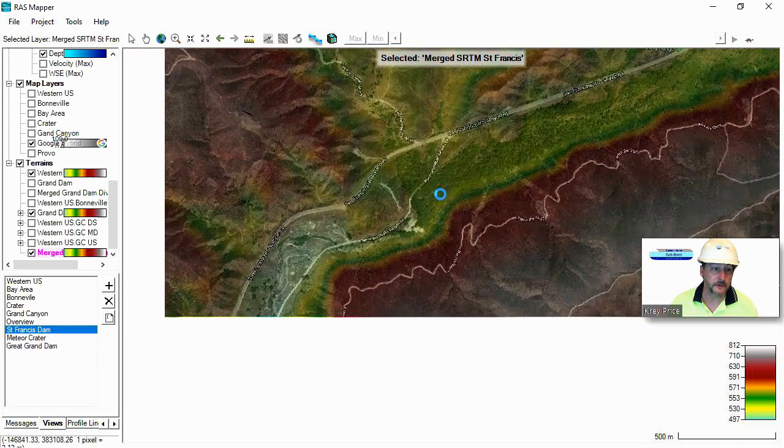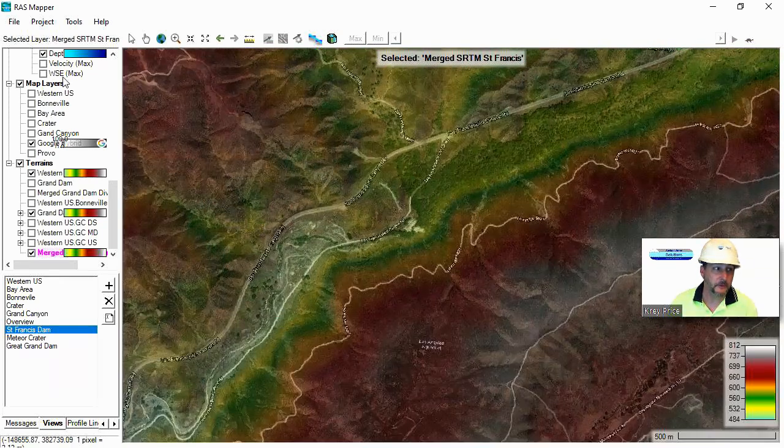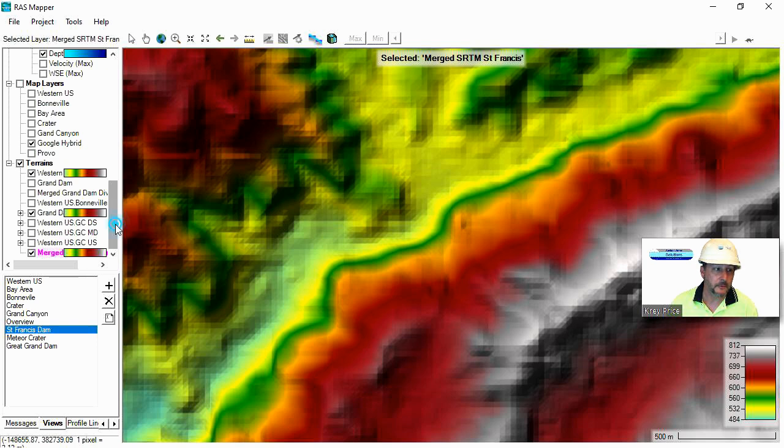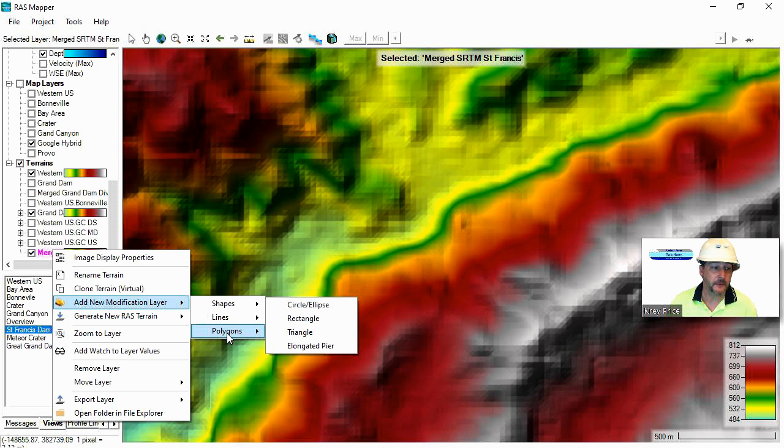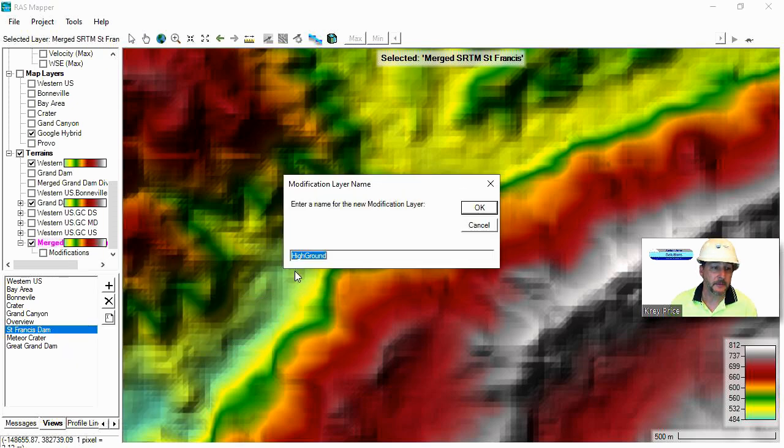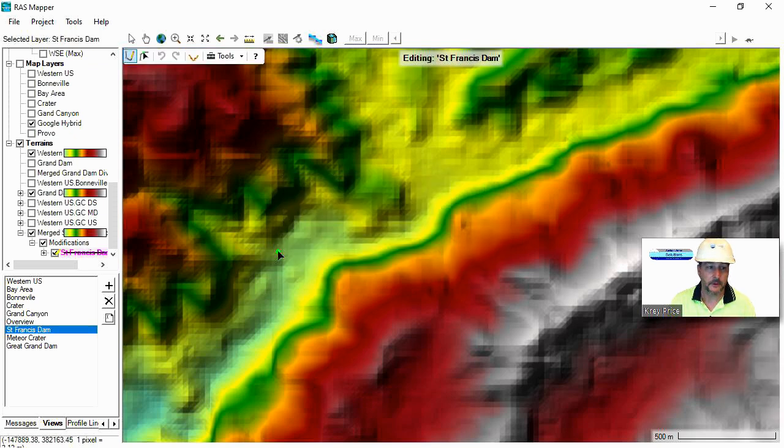This, I think, is one of the old abutments of the dam. So let me just turn this one back off again, and we'll just review the steps that we talked about today. Add a new modification layer, line. I'm going to make this high ground. I'll call this the St. Francis Dam. And when I put this in, then left to right, looking downstream from one abutment to the other,